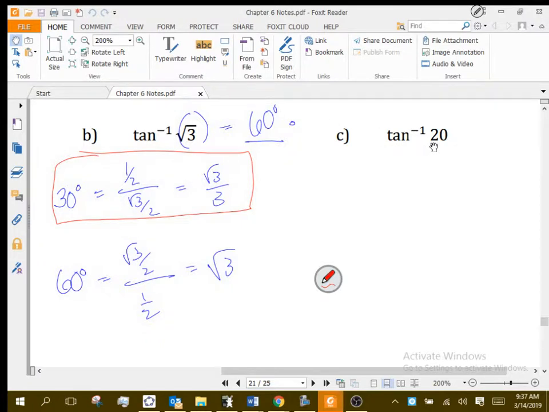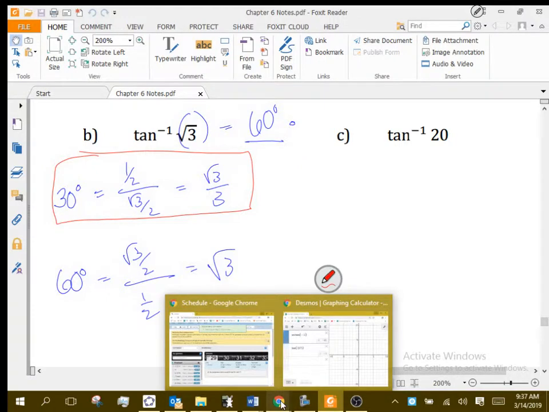Now 20 is probably not a number that you've remembered off the unit circle, when I divide sine and cosine. To be honest with you, all the values on the unit circle that are sine and cosine, none of them were divided out to be 20. That we know. There are some on there,